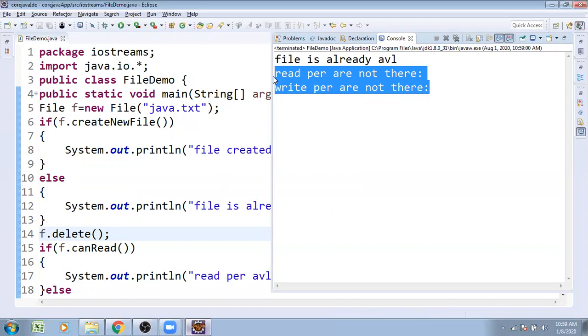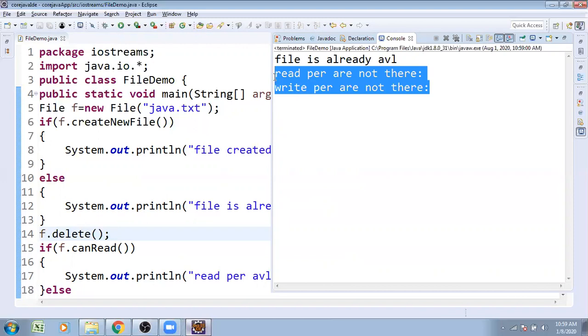Read permissions are not there, and Abhijit wanted to read the data into his project, raising the exception. Write permissions are not there, but he wanted to store the data, raising the exception. To avoid the exceptions, before using the file, it is recommended to take the information of that file.